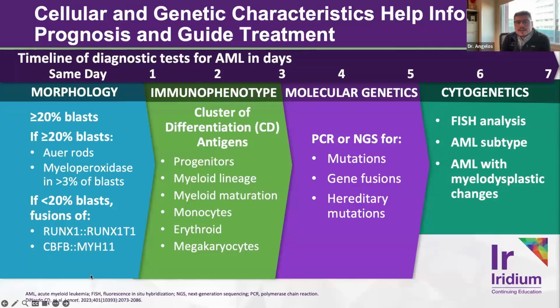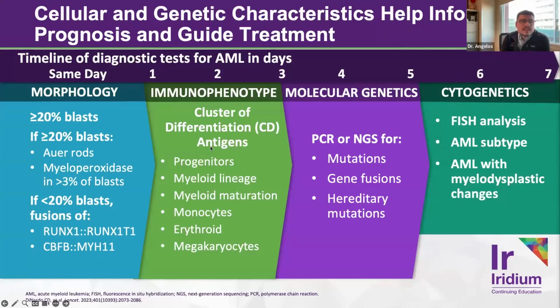This is not a focus of today's talk, but there are newer classifiers that are coming out, being published by WHO and ICC, that have liberalized the definition of what an AML actually is. And so it allows us to diagnose AML at a lower blast percentage. And this allows us then to offer patients treatments along an AML paradigm a lot sooner, with the goal of trying to prevent full-blown disease and even just aggressive transformation into ultimately an AML.